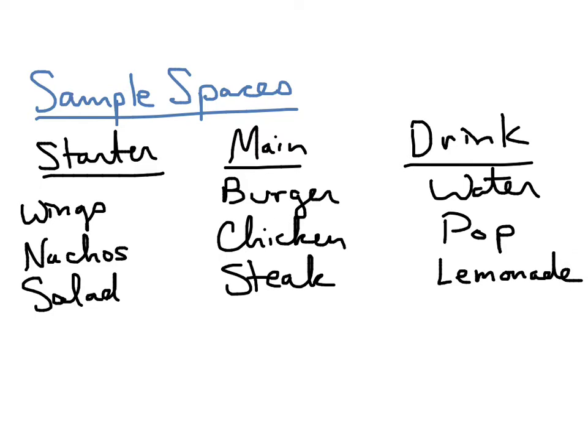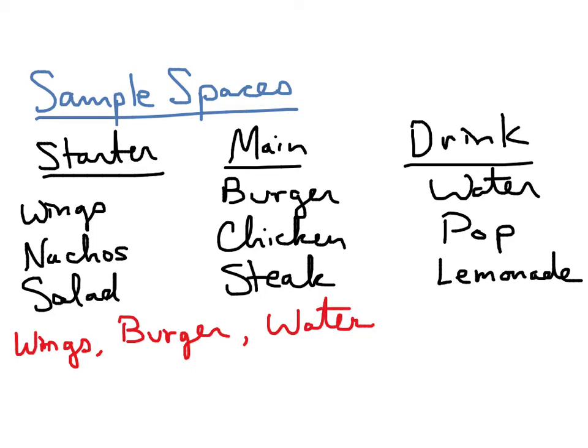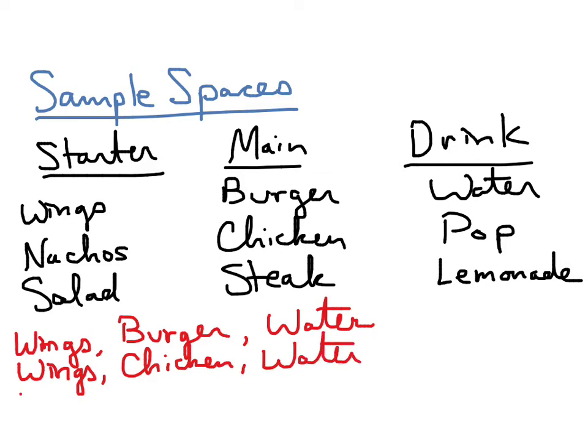So in order to write using set notation, and I'll put it in red so that you can know the difference, you're going to write, well, I could choose to have wings, I could choose to have a burger with water. That's one of the options. Then the other option is I could have wings, chicken, and water. And then I could also do wings,